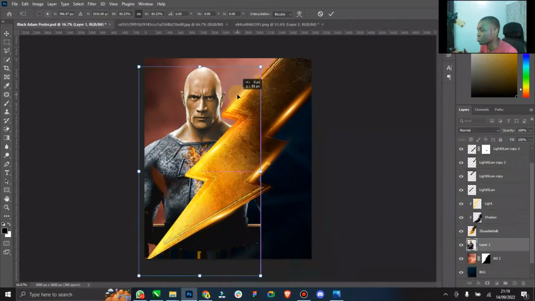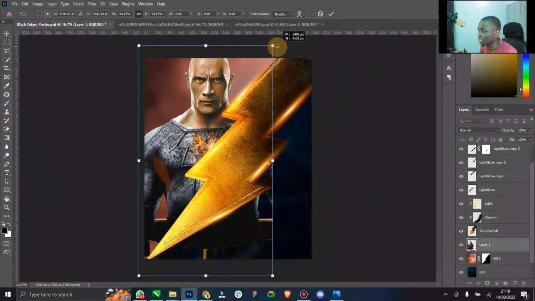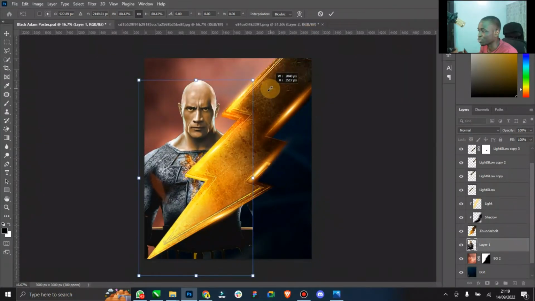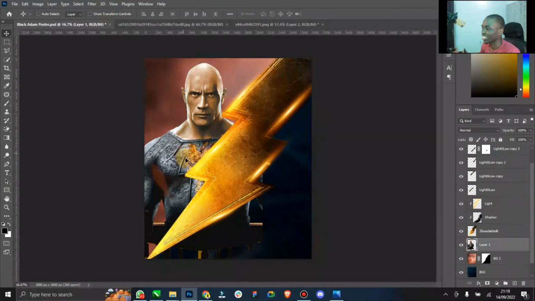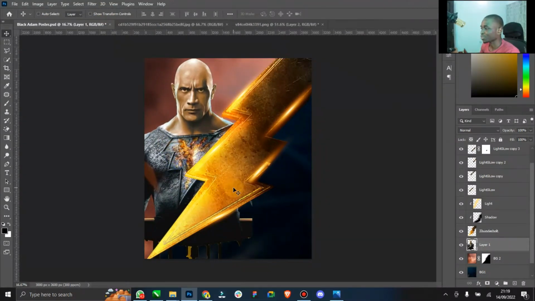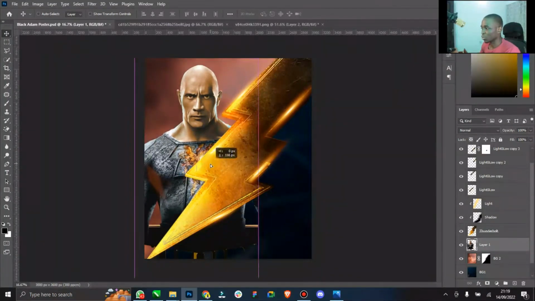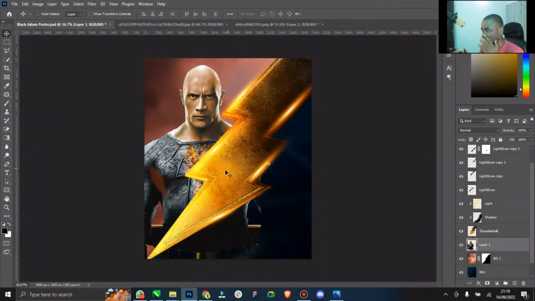Let's look at it. I don't want his hair to cover the old stuff, but it looks nice covering the old stuff, right? Or I want his bald head to show. It's part of his signature. So yeah, at the end of the day, we're going to work with this. You can see that although it is behind that lightning bolt, it's still showing on this particular one. So what you want to do then is on this layer called Black Adam,